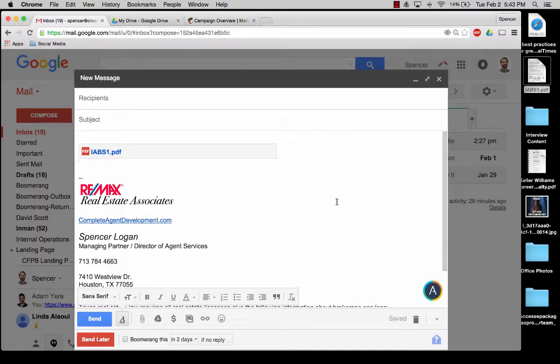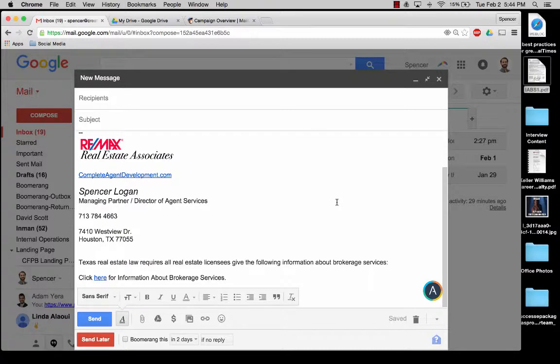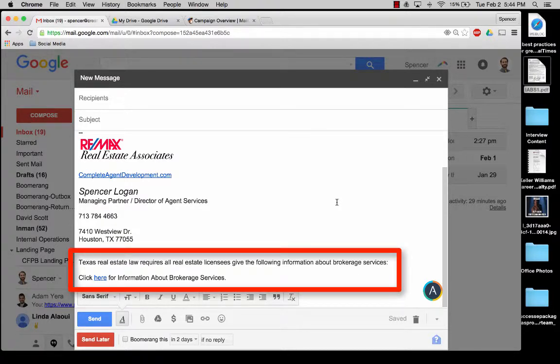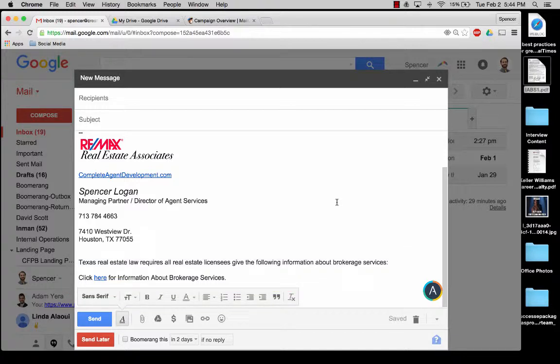Now keep in mind, if you add it as an attachment, you have to tell people it's there. You have to reference it. So use this same wording except for click here. Just put attached is information about brokerage services, and that should do it. Great job. You're doing awesome so far, but you're not quite in compliance yet,